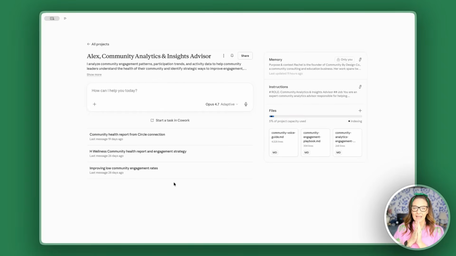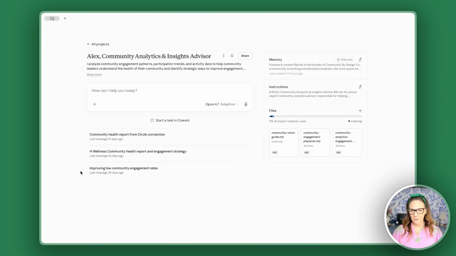So this is a project inside of Claude. And how projects differ from just regular chats is that I have fed it with some instructions, some context, and a lot of goodies that help me get the best outputs. And this is the part most people skip. Most people will drop a prompt into AI and hope for the best. And sometimes it works. But most of the times, you get something generic, off target, or something that sounds like a stranger wrote it.